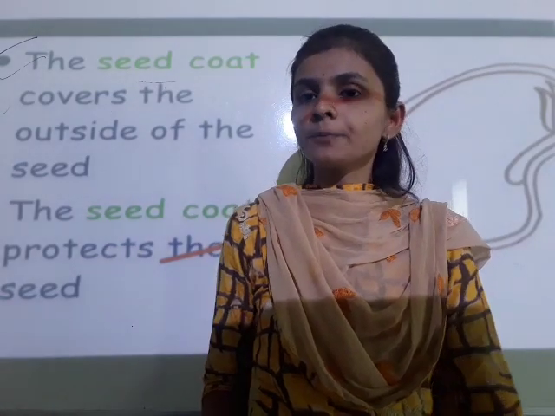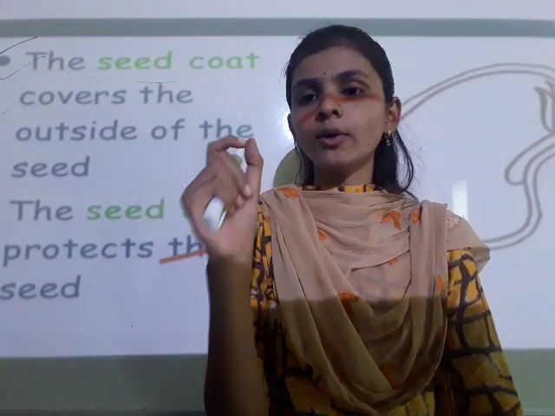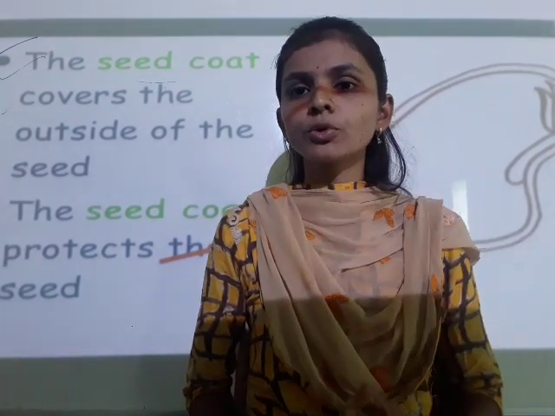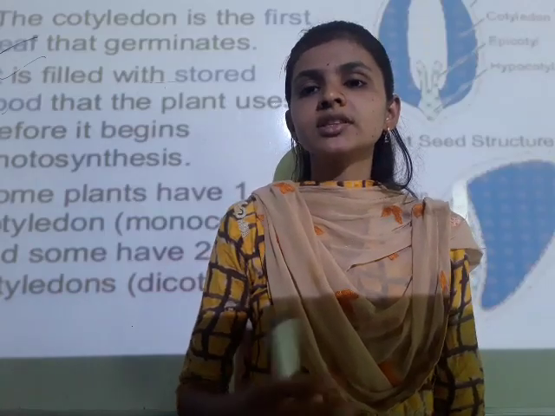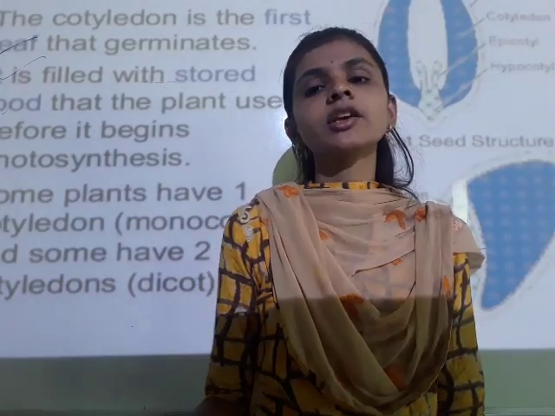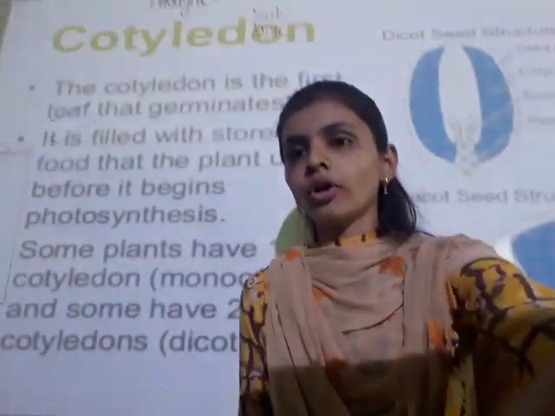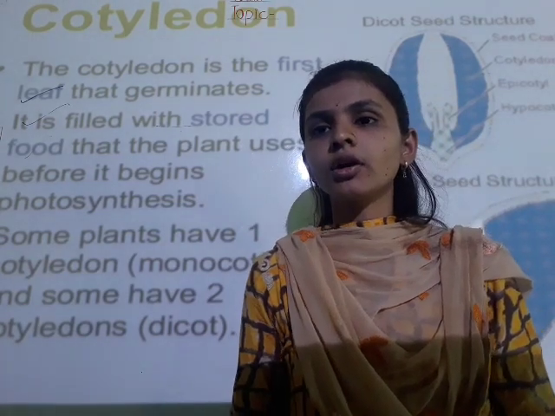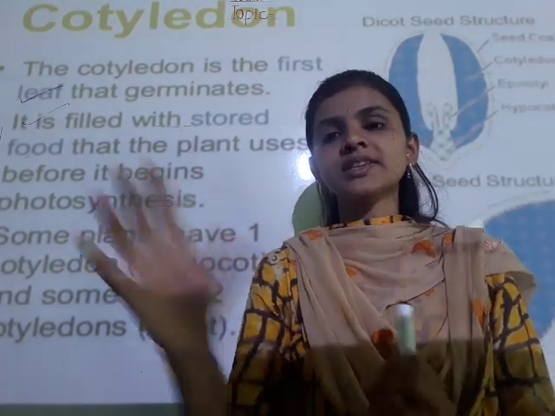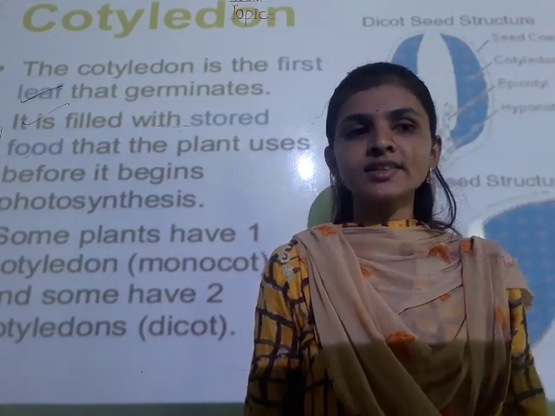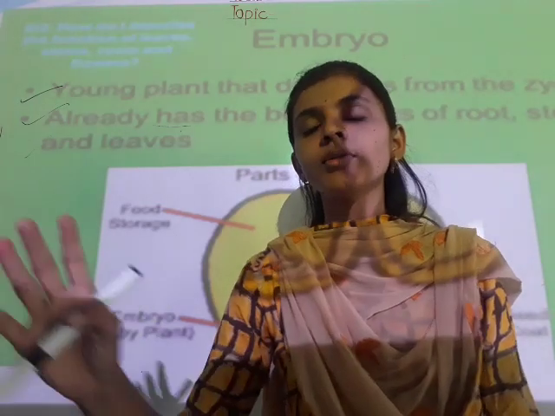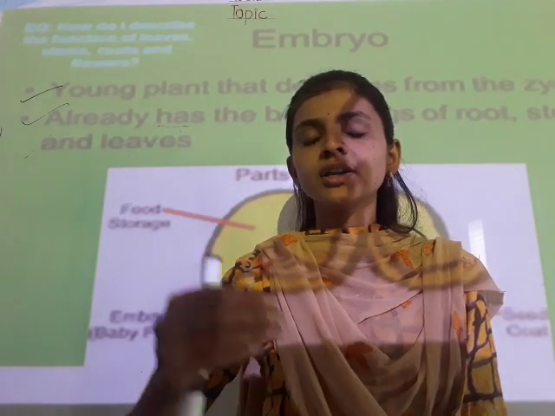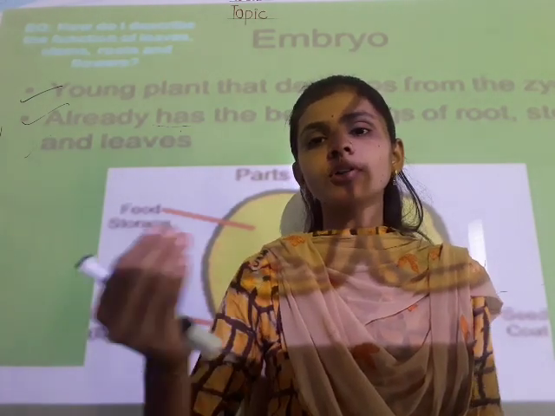So the function of seed coat: it is the outer layer which is present outside of the seed. It protects the seed from the outside environment. Then it protects the embryo also. It is thin in case of the beans, and it is thick in case of the coconut. Next is the cotyledon. Cotyledon is none other than store food. Before the photosynthesis process, due to the cotyledon only we can provide the food to the seed. And last is the embryo. Embryo is none other than a newborn plant, and it can be generated after the germination. It begins from the roots, stems or the leaves.